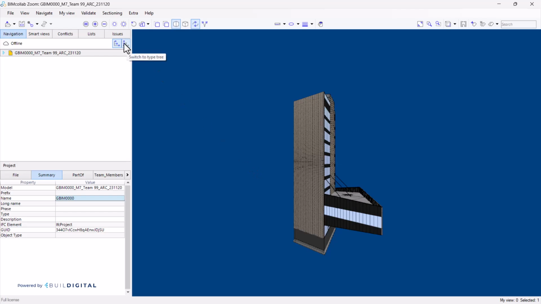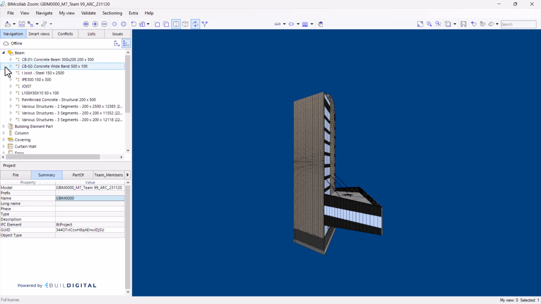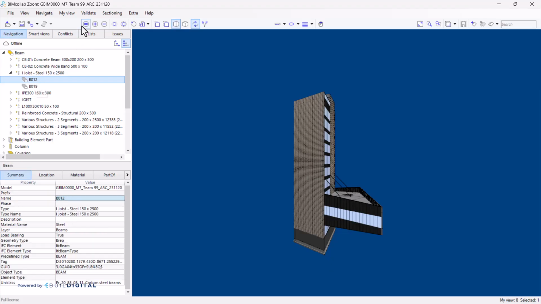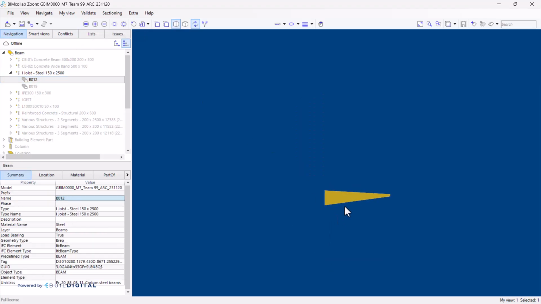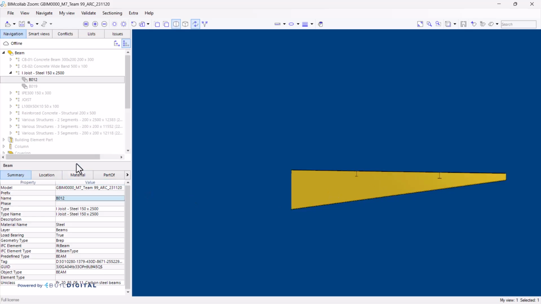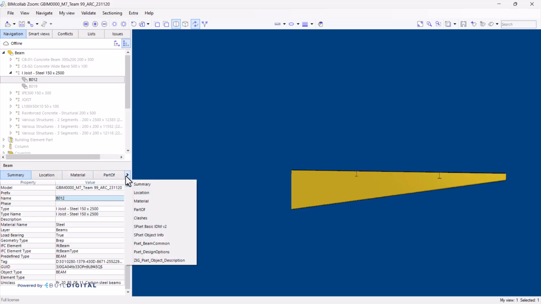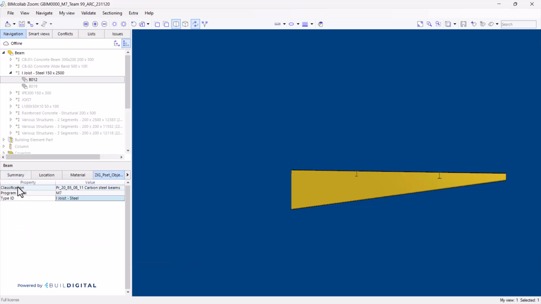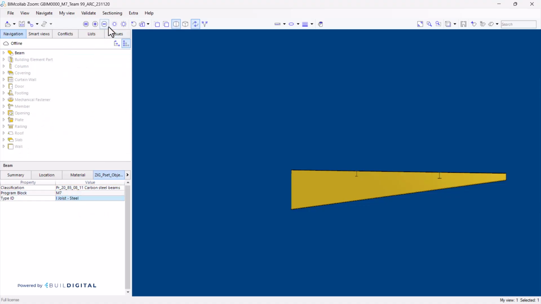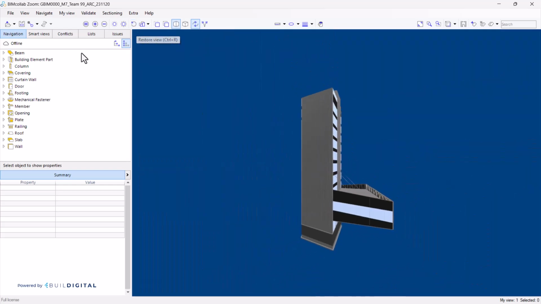And let's go into the type 3. And let's check a few items at a time. Let's go and check these beams. These are joists. And let's click on equal just to see where they are. In the case of that, we should be able to find a tab for the Zigurat property sets. And effectively, you can see the classification there, the program block, and the type ID as we have asked the export to do. Let's check a column,